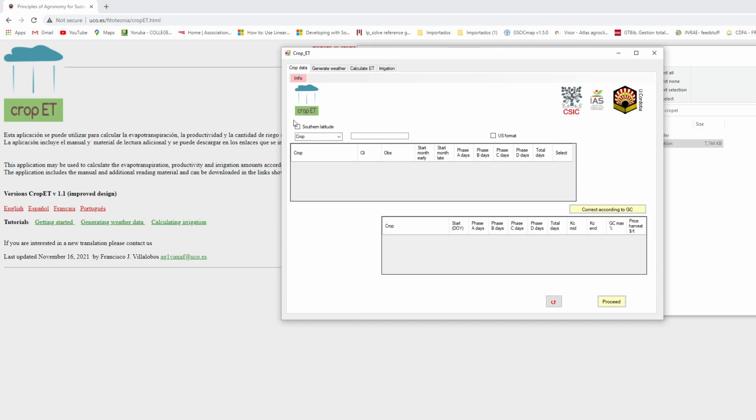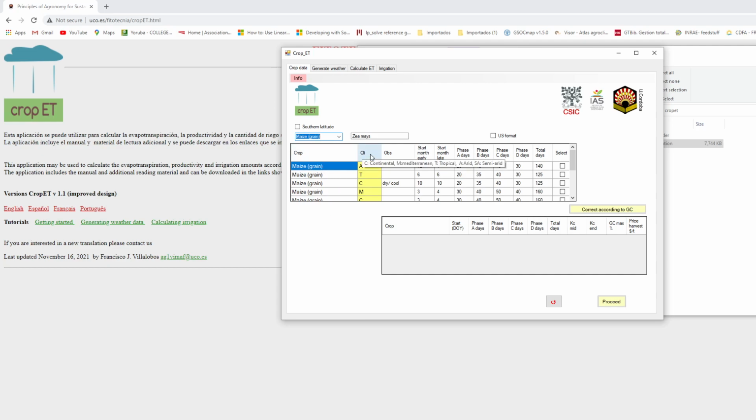First, if we are on a southern latitude location, we should click here. If we want the US format for dates, we should click here. We're gonna produce a rotation of maize. Click on M. We have all crops starting with M. And then for this crop, we have different alternatives for different types of climates, continental, Mediterranean, etc. We're gonna do a Mediterranean